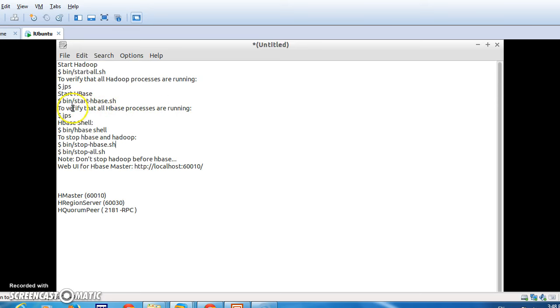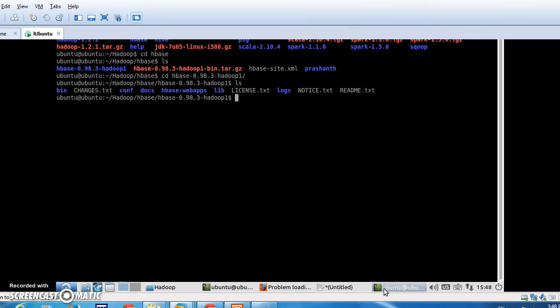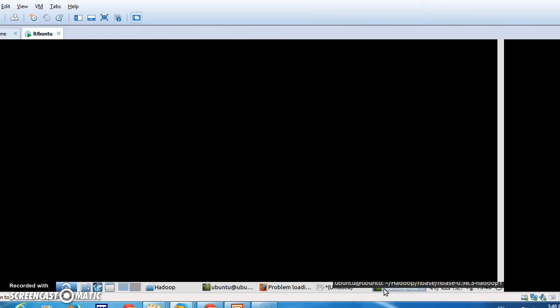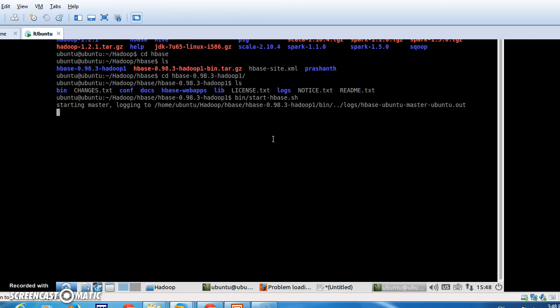Right now we are in this phase where we have to start the HBase. So I will execute this command, which is going to start the HBase system.